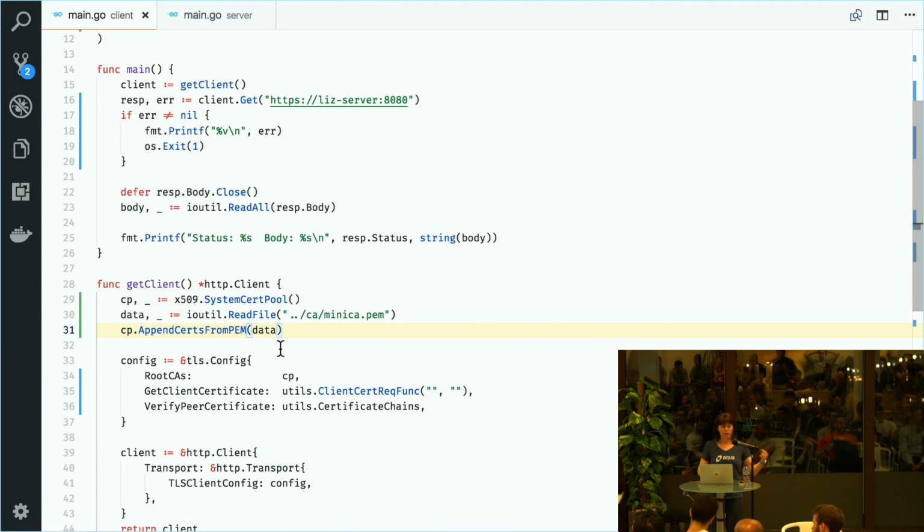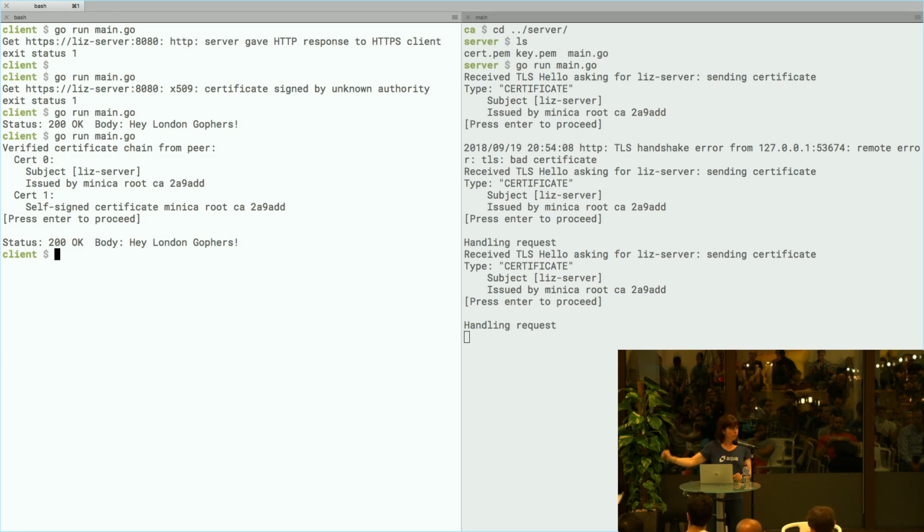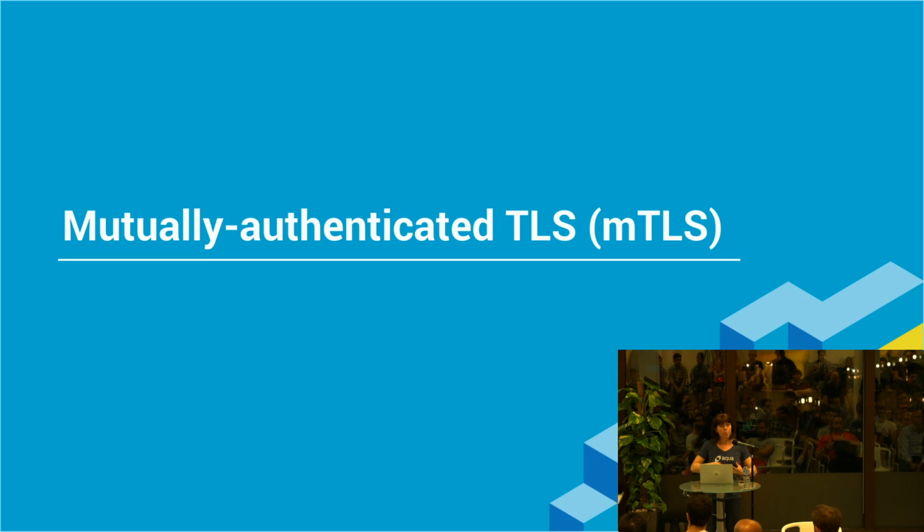So we have set up a TLS connection. We have a secure connection in which the client knows or has been able to confirm the identity of the server. But at this point, the server has no idea about the identity of the client. So that brings us on to mutually authenticated TLS. Now, this is